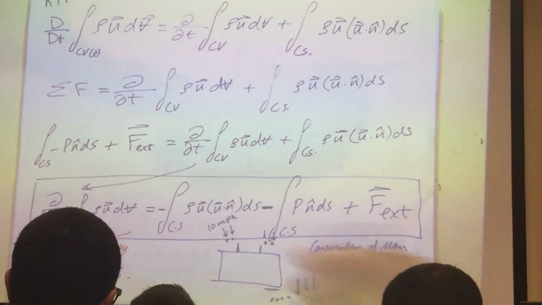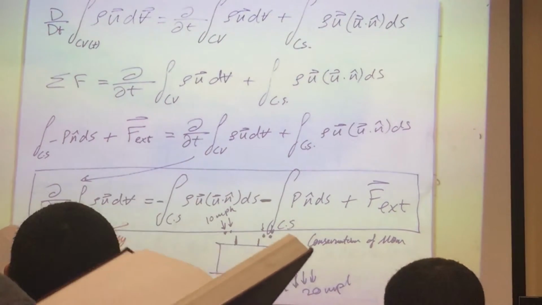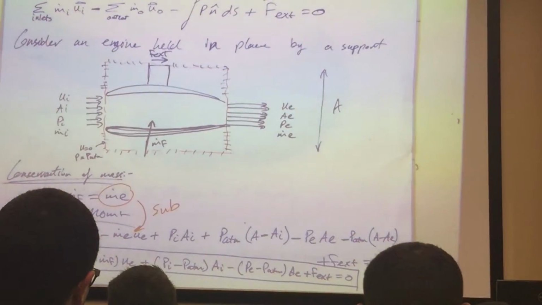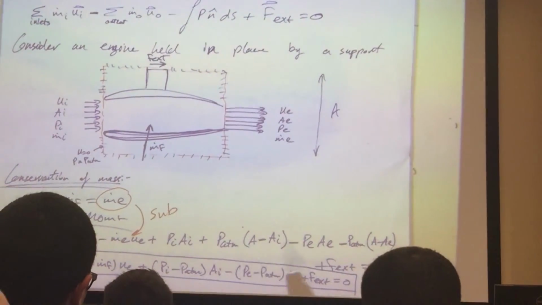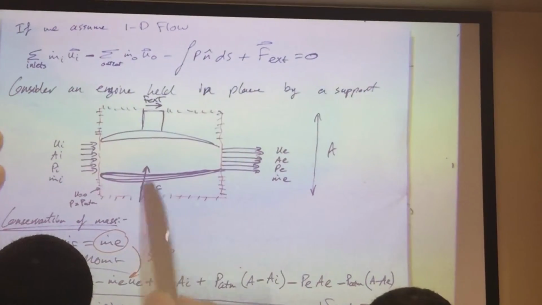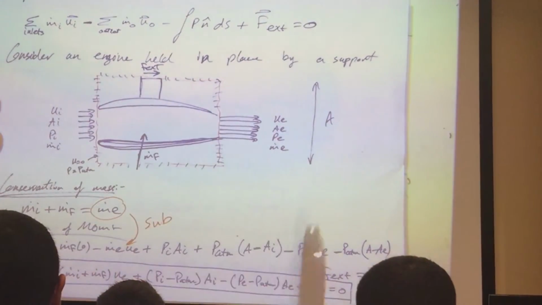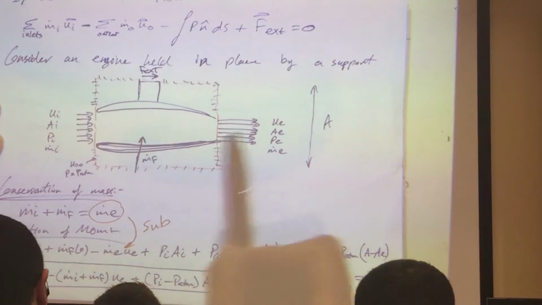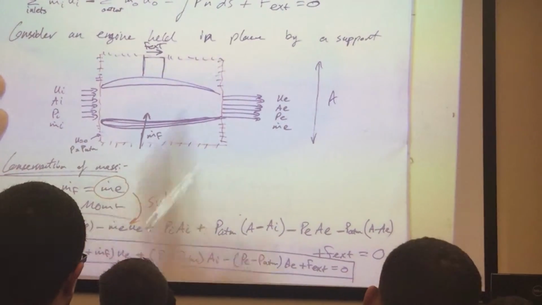So using that, we did the derivation, we got a general form for it. Now if I'm assuming steady state, this term goes out. If I'm assuming one-dimensional, we did an example on it right here. And this is primarily the main equation that we need to start using. And we've used the propulsion system where we have some inlet and some exit with some fuel flow here. We did our conservation of mass, which is like a mixer again, and conservation of momentum, we outlined the